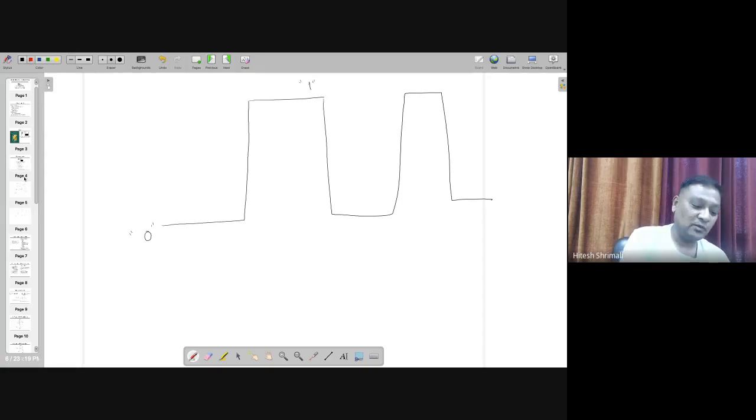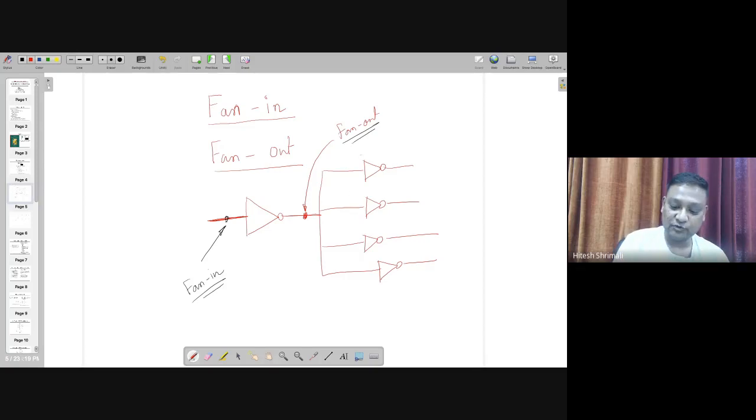If I am connecting more gates at the output, like here, instead of 4, if 5 are there, then the problem is that it might not be able to drive that, because now the load capacitance is not only the capacitance looking into this inverter, but there are capacitors which are here. Most probably all these capacitors are the oxide capacitance, which are the biggest ones. So all these capacitances are in parallel, so they will be added, and that will create a problem.